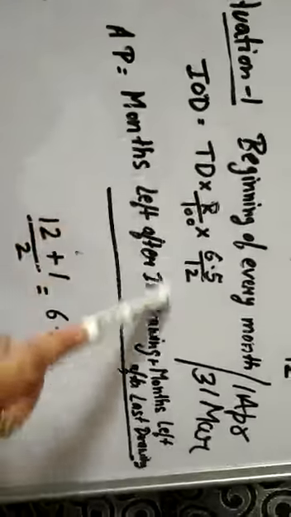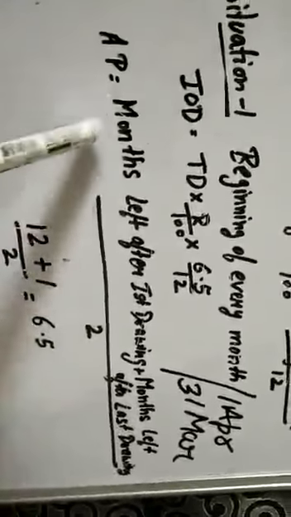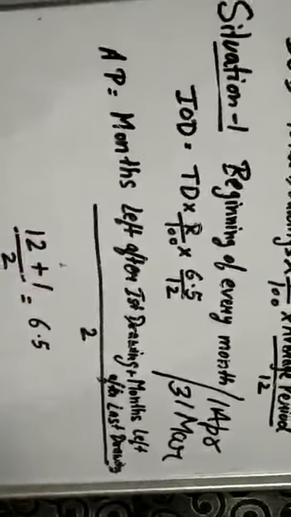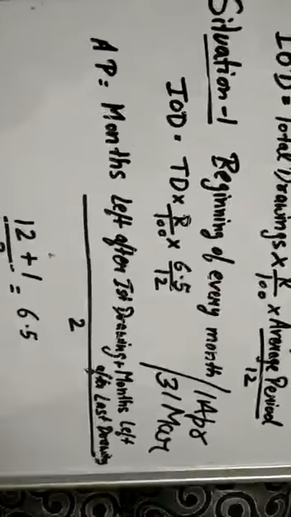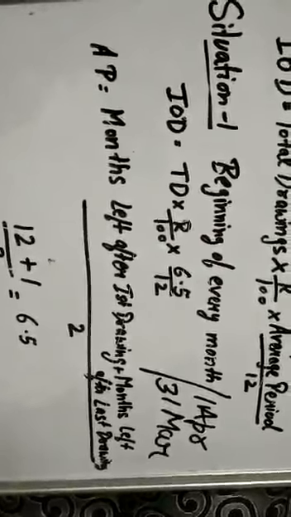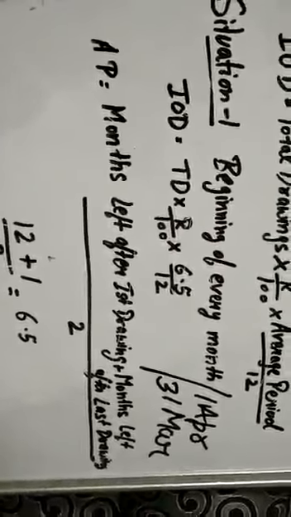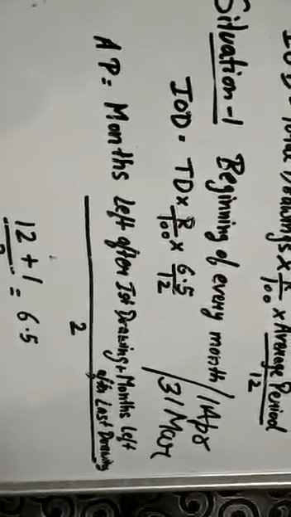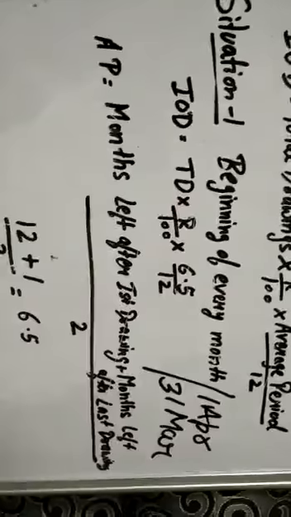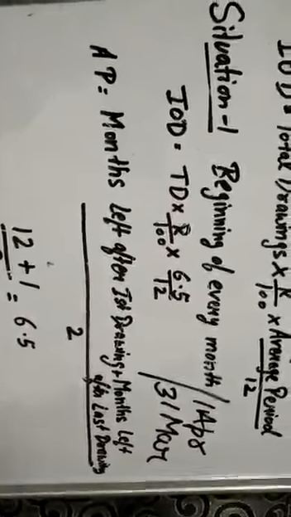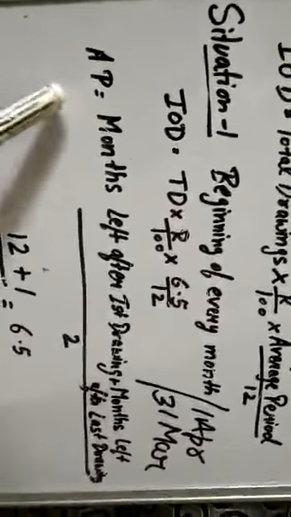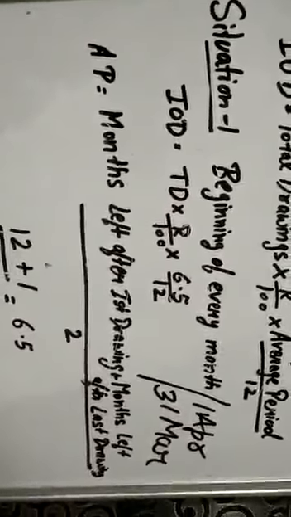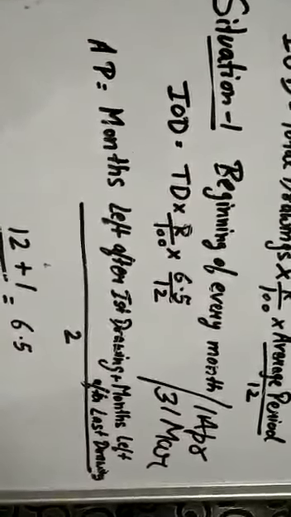This is the formula of the average period method. I am repeating again: months left after first drawing plus months left after last drawing, divided by 2. I hope this is clear to you. I will explain more situations and solve more numericals so that it will be clear how the average period is calculated. We'll be doing it in our next